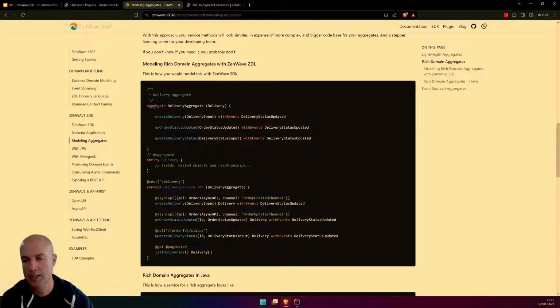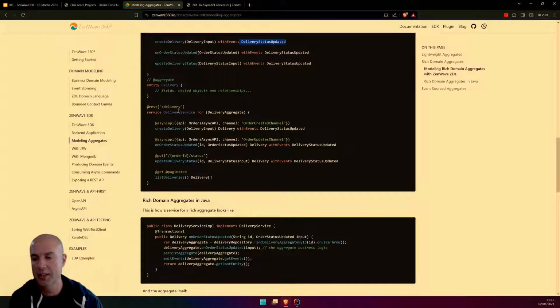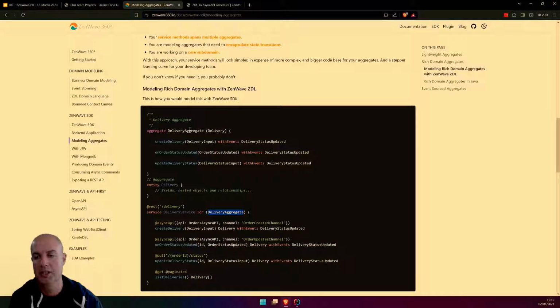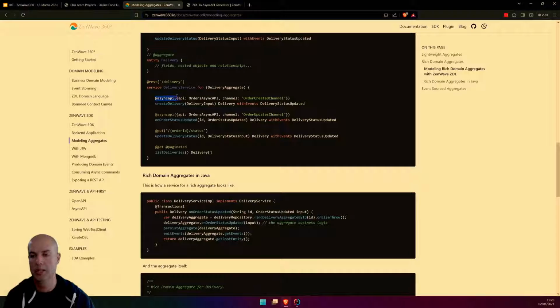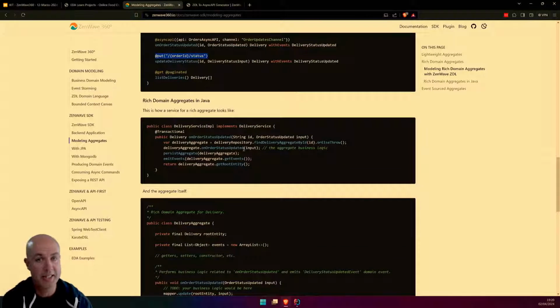This is the format. You create an aggregate object for an aggregate entity. We don't need to annotate with the aggregate right now, and there are commands, and you can publish events. And then the domain service references the aggregate instead of the entity. And you can also listen to AsyncAPI commands, publish events, listen to REST APIs, and the implementation, in this case,